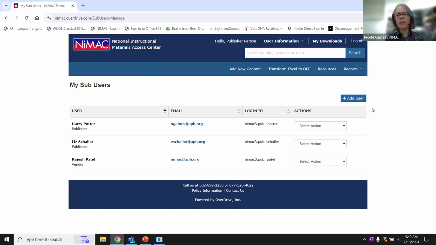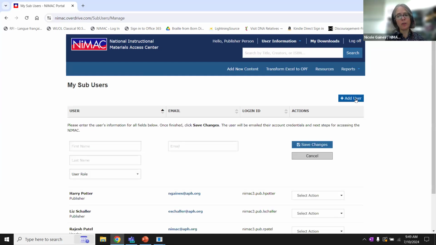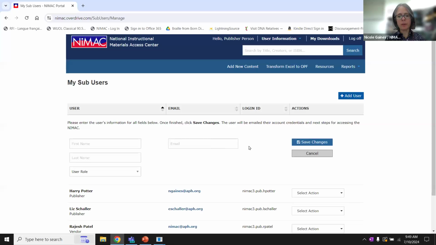When you go to add a new user, you just click the Add User button. And this is a very simple process. All you need is the name of the person, their email address, and then you choose what role you want them to have. And so in terms of facilitating publishers' use of the system, we do have 2 possible roles for your sub-users. One of them is going to be the publisher role, and that basically provides the same functionality